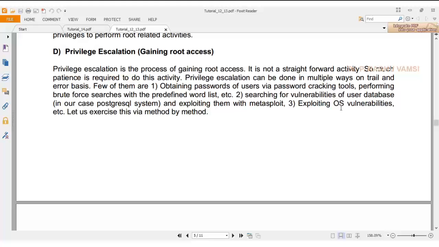Next one is searching for vulnerabilities of user database. In our case here it is a PostgreSQL system, and exploiting them with Metasploit. We are going to see now what are the database systems or database servers running on the VulnOSv2, and we'll try to identify is there any vulnerability present in that database server, and we'll use the Metasploit tool